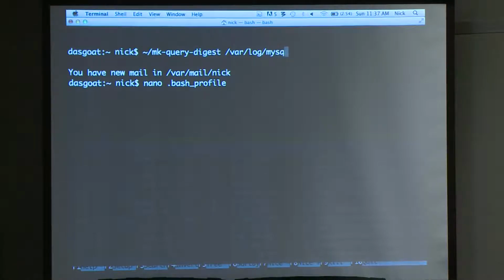SQL. Sorry, one second. This was supposed to be saved in my terminal, but